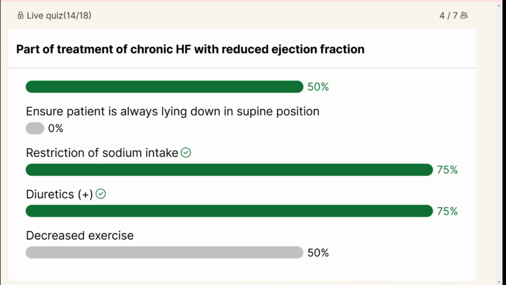So just restriction of sodium intake, yeah, that is true because it's a lifestyle change to reduce the blood pressure that decreases the work of the heart. Diuretics, it is part of the treatment because you want to reduce the amount of fluid within the body or congestion. And decrease exercise. That is actually, I know it's written there in the scripta, that Kuba recommends that